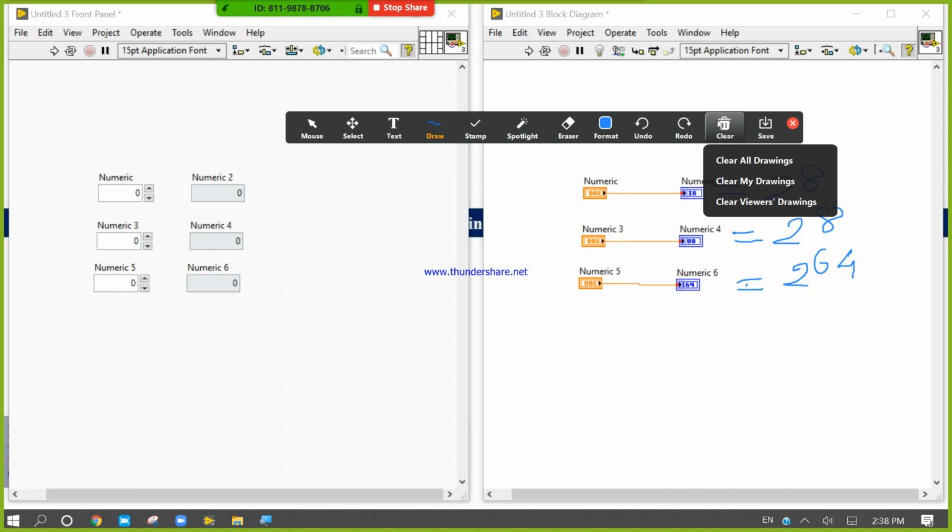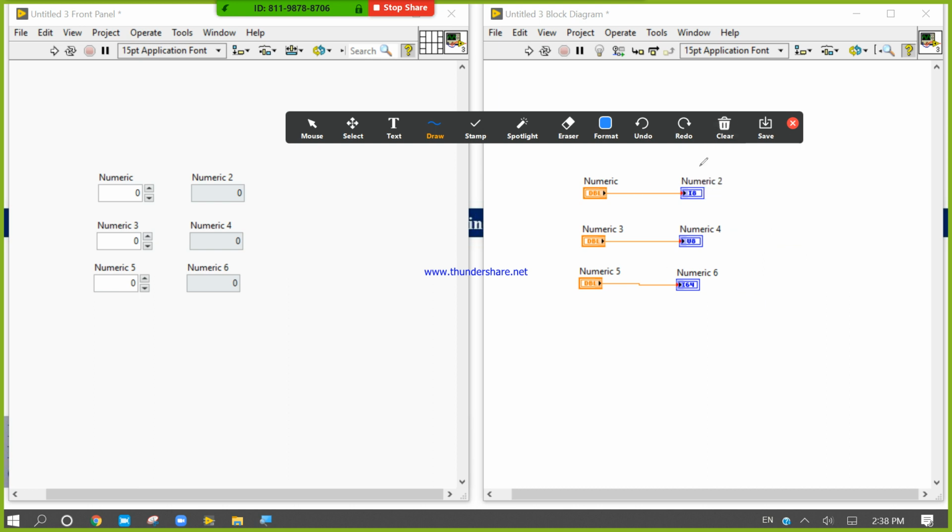For this one, 2 to the power 8, so what is the value of 2 to the power 8? 256. But for this numeric, because it is I, it is not 0 to 256, it is minus 128 to 0 and 0 to 127.